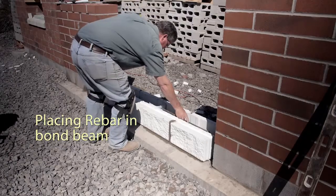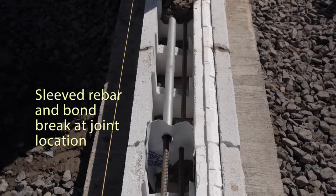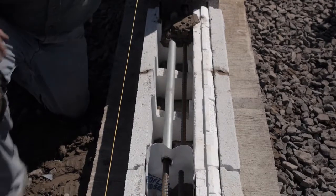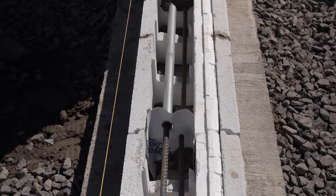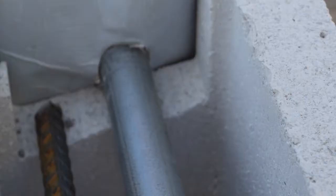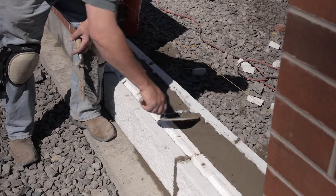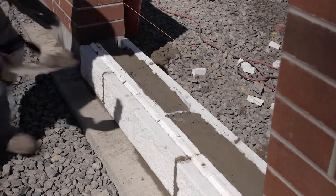Dual runs of rebar will be placed in the bond beam. On one side, the rebar will not pass through the joint, but will terminate at either side of it. On the other side, a sleeve is placed adjacent to the bond break, and a continuous strand of rebar will pass through this sleeve. This design allows a structural rebar connection through the joint, while the sleeve will allow that connection to accommodate a slight amount of movement. The bond beam is then filled with grout up to and on both sides of the bond break at the